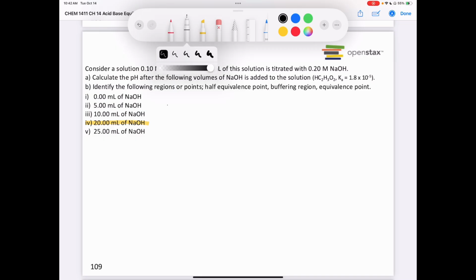So we're going to say that our sodium hydroxide plus our acetic acid is going to give us an acetate ion plus sodium ion plus water. Again, sodium and water don't affect the pH. So to figure out the number of moles of our sodium hydroxide, we're going to take our 20 milliliters and multiply it by the concentration. And when we do that, we end up with